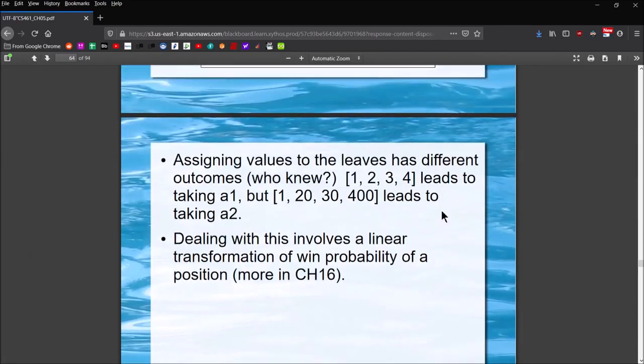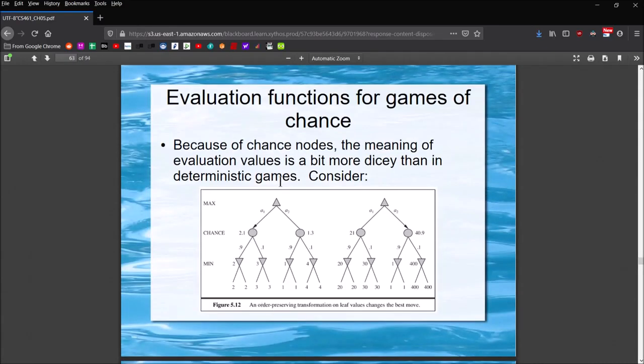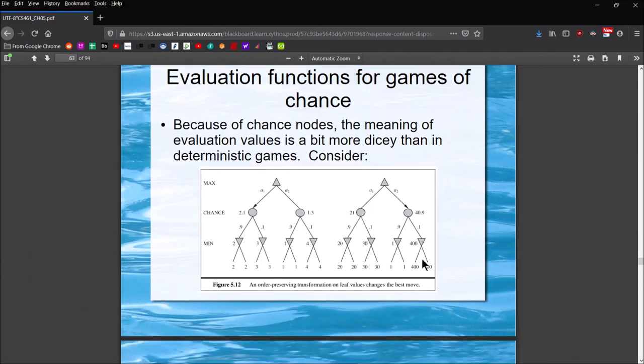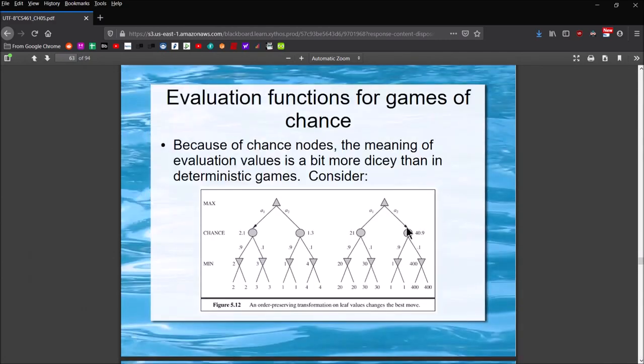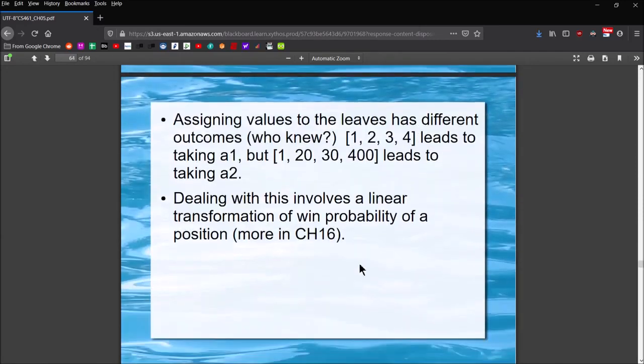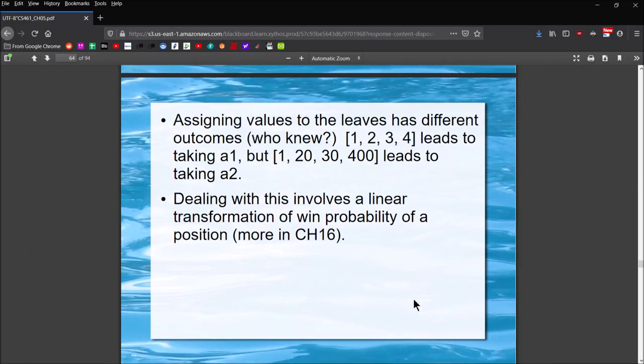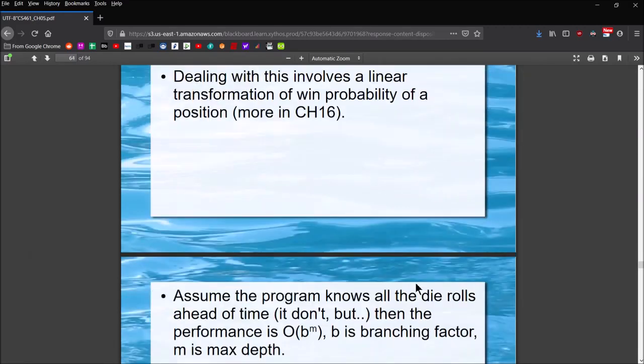Okay, so dealing with this is going to require studying some probability or some additional mathy kind of stuff. So if you've had your statistics class already dealing with probability, awesome. Then you probably can wrap your head around this a little bit more easily. If not, well, dealing with that is going to involve the linear transformation of win probability over a position. Chapter 16 digs into that in more detail. But if I was to summarize,